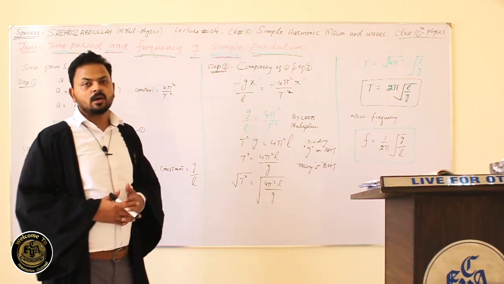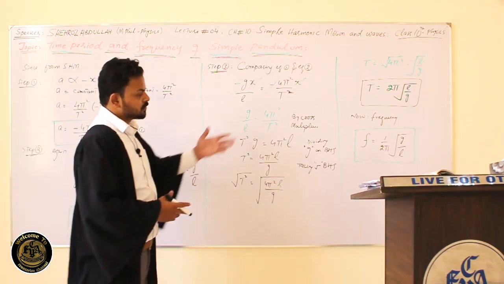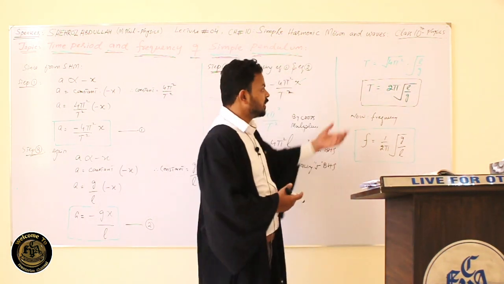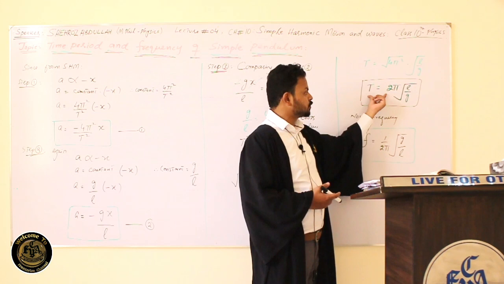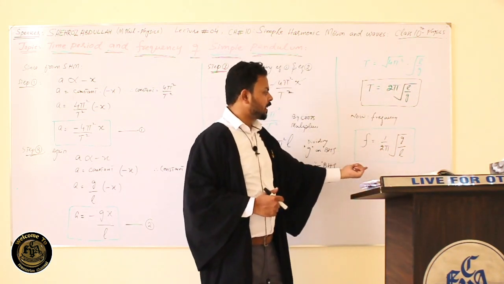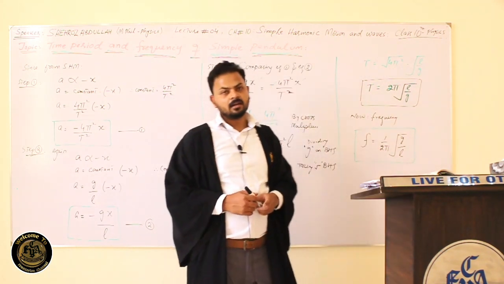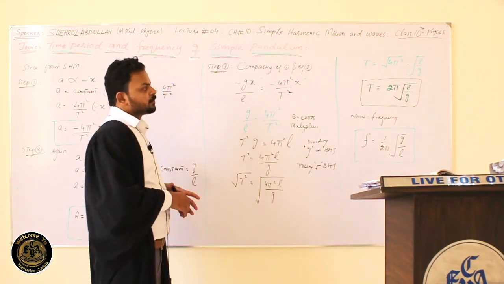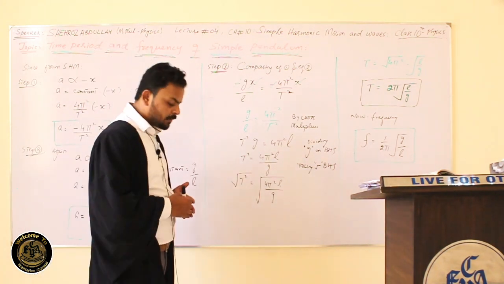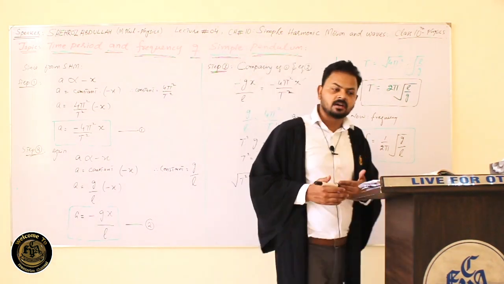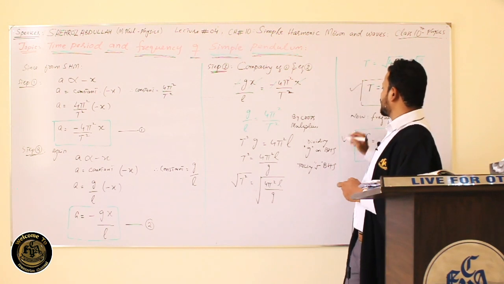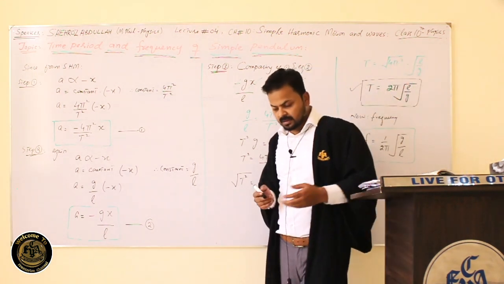Okay, now if you want to find out the frequency of simple pendulum, so we know that the frequency and time period are inversely related to each other. If the value for time period is t is equal to 2 pi under the root L by g, so for frequency it will be 1 over 2 pi under the root g by L, right? So these two are the equations for time period and frequency of simple pendulum, and these will be used in the numerical problems, right? We will use these two equations for solving the numerical problems regarding simple pendulum.